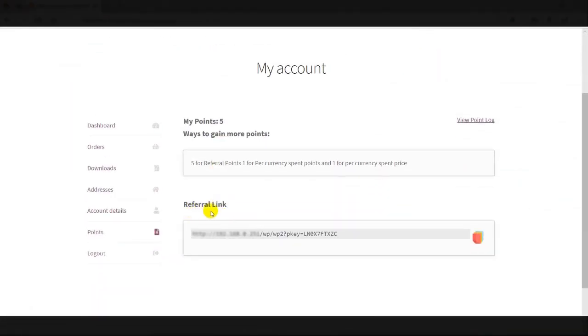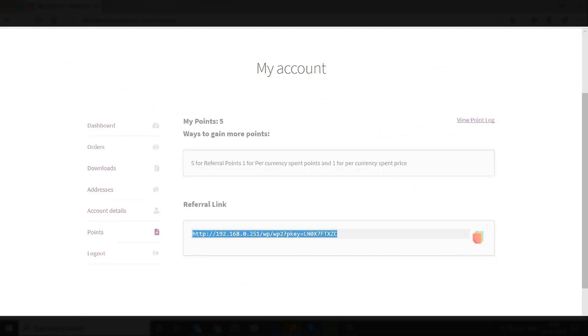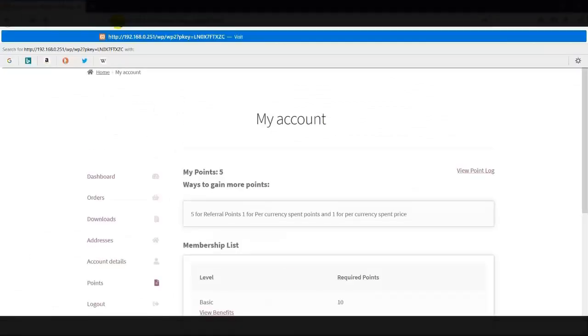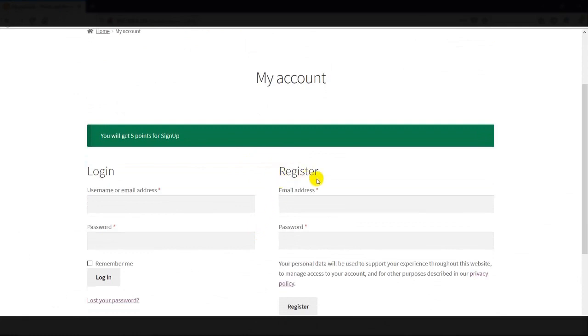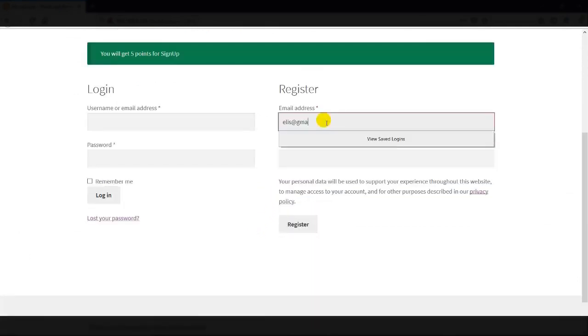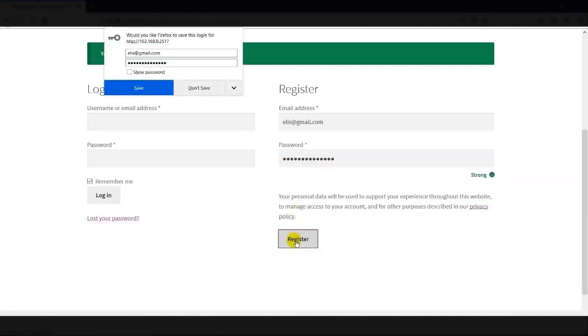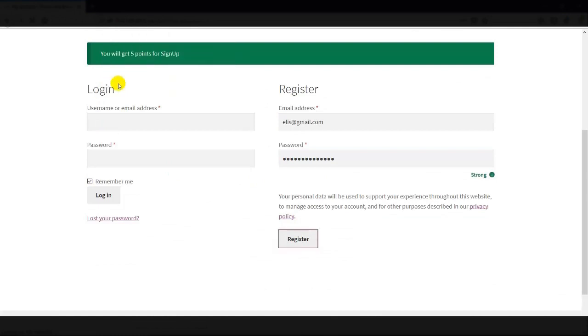So this is the referral link that the customer will be getting on sign up, and let's say he copies the referral link and shares it with his friend. And let's say his friend comes and signs up. As soon as his friend signs up, he'll also get the sign up reward. And as a result, as per the functionality, the referrer will also get the reward. And let me show you how this is going to reflect.